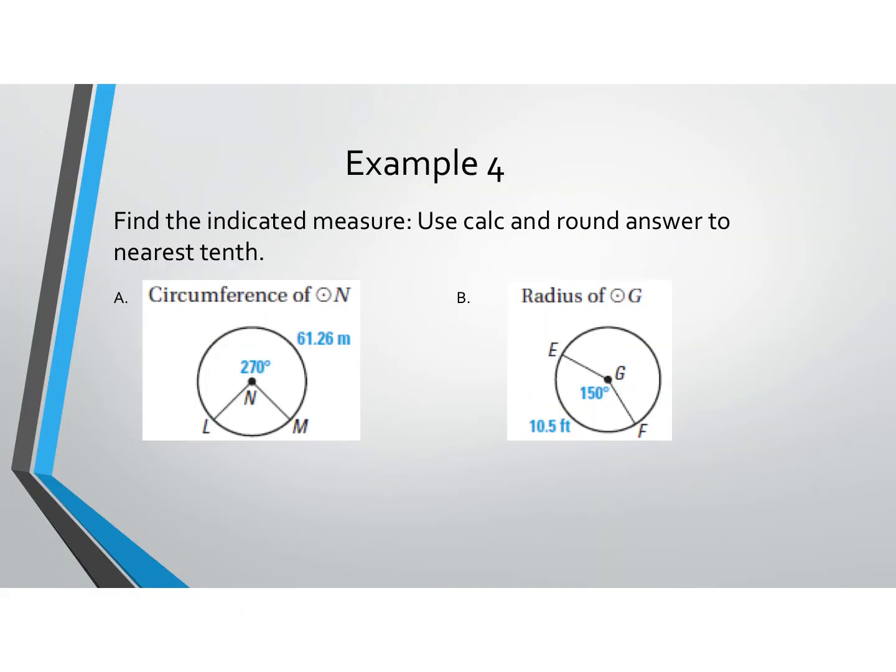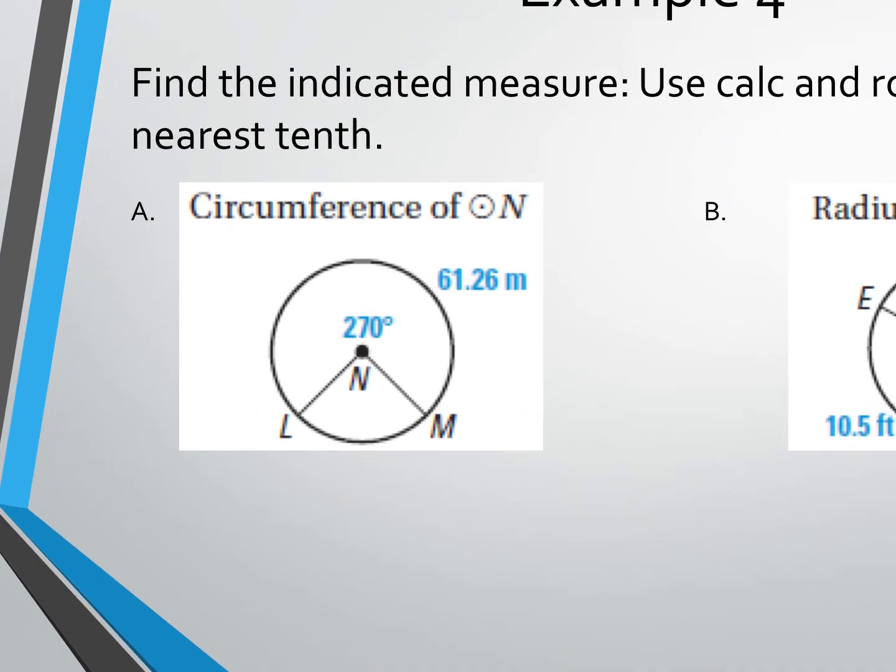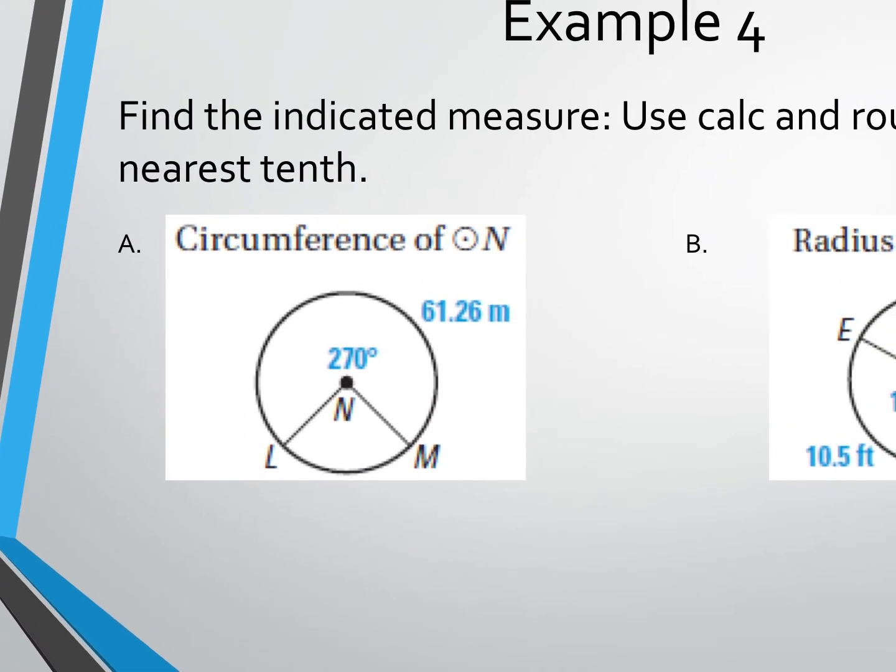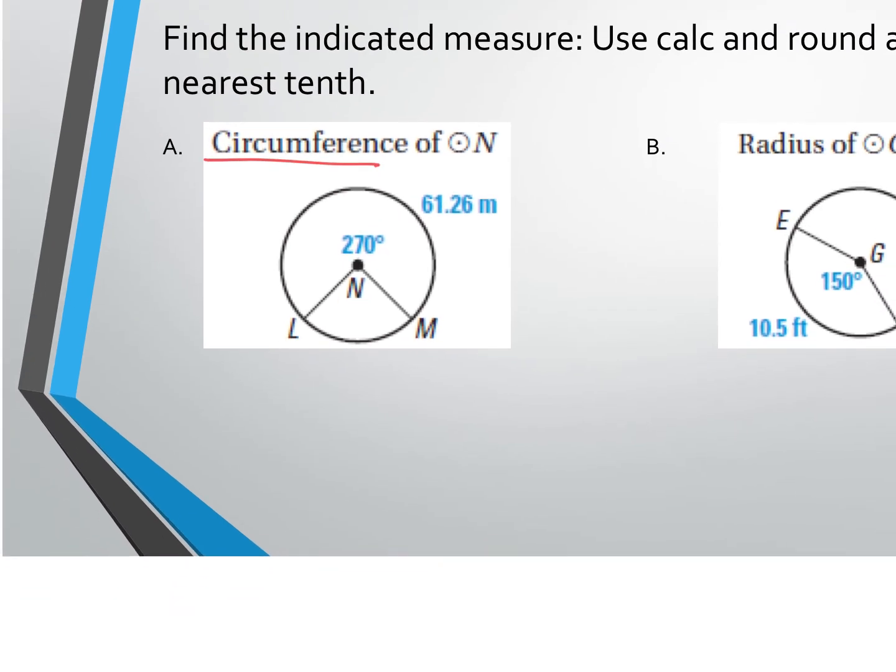Again, find the indicated measure. Use your calculator, round your answer to the tens place. So notice I don't have any pi on these, they are decimals. So this is why the instructions just say use your calculator. We're not leaving these in terms of pi. So let's go ahead and do the first one. They want us to find circumference again. So again, I'm going to be using length of the arc